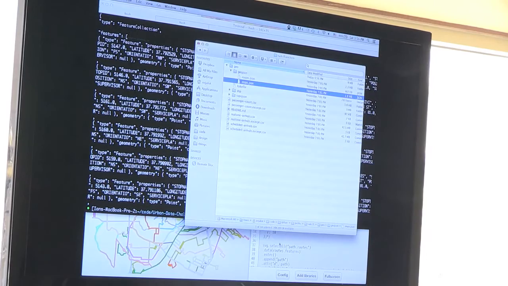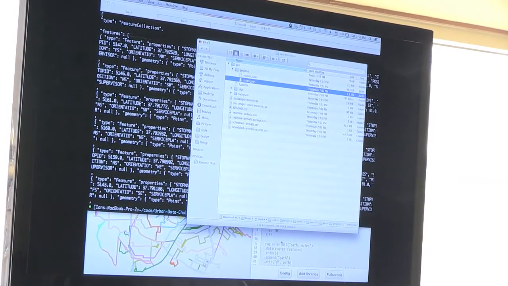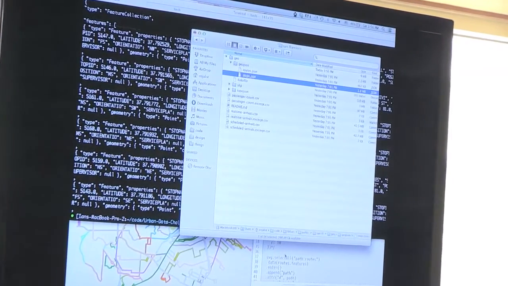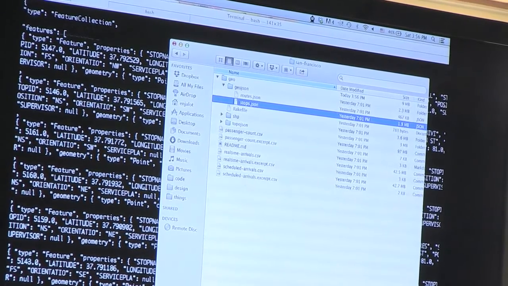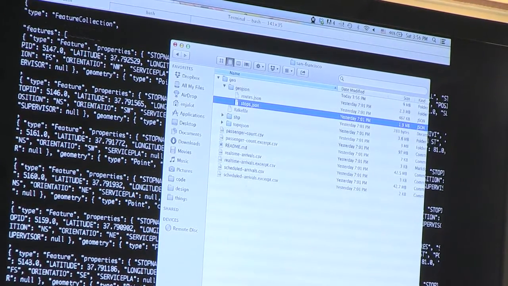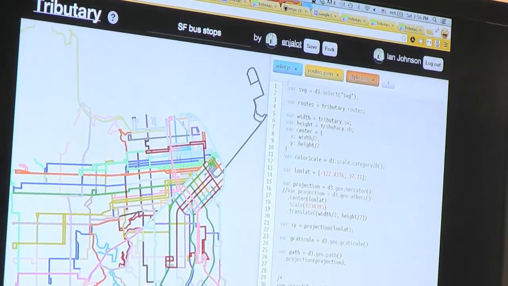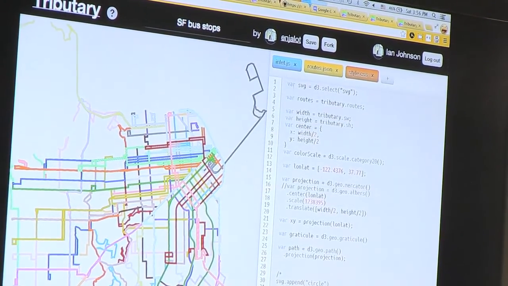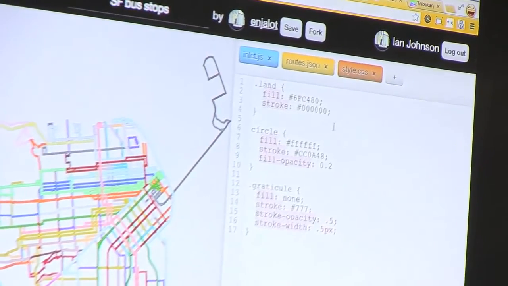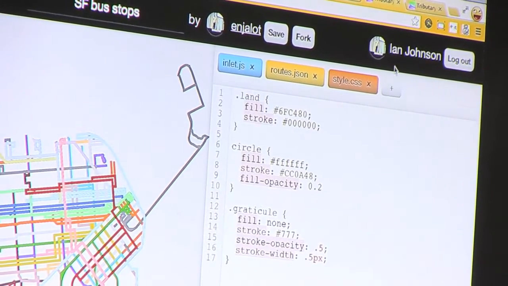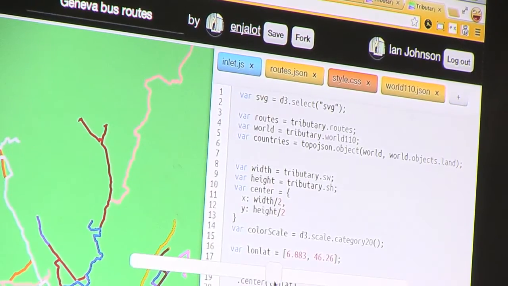That would be awesome. So yeah, we'll go from a plain geo.json file, put it in tributary, plot it on a map, try to understand projections, what's going on there, just basic SVG manipulation with D3. And a couple of basics about tributary is that you have a JavaScript file, you can add more files. I made a routes.json, there's a style sheet so you can style stuff, which I was using to style the countries here, and I'll kind of show you,